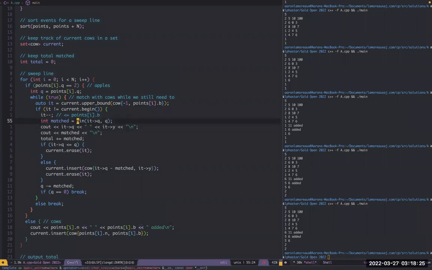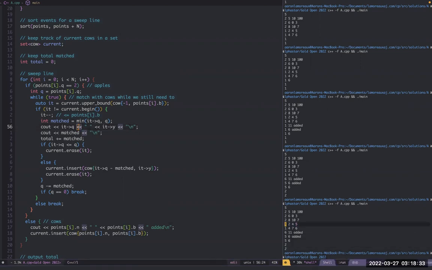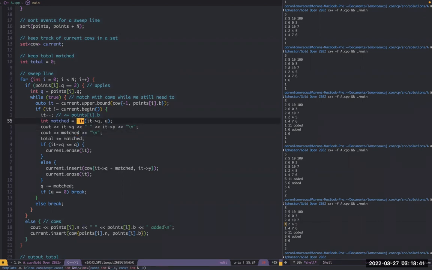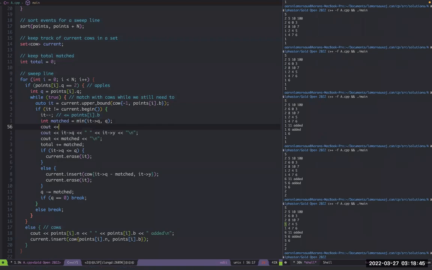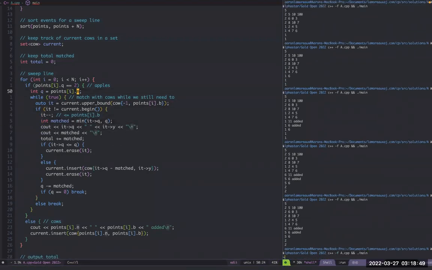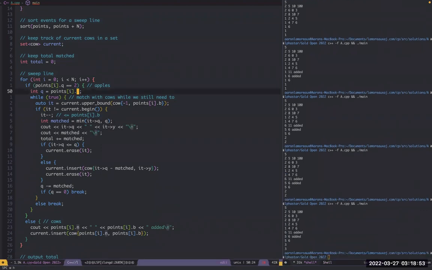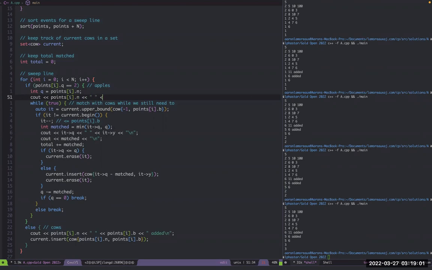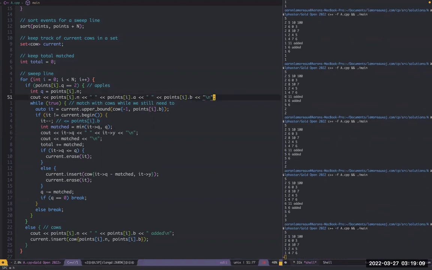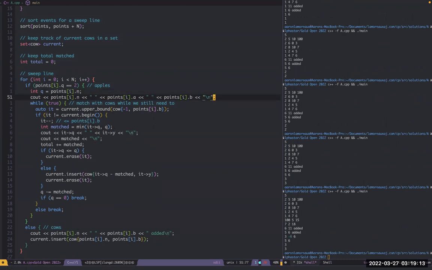Okay, so you can see that the 2 cows are added, and for some reason we only matched with one of them, the 5-6 cow, which is this cow right here, and it didn't count. Again, this should be n. Oops. So we can print out which apples are being matched. Okay, that seems